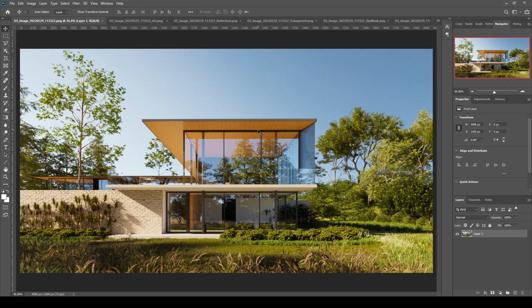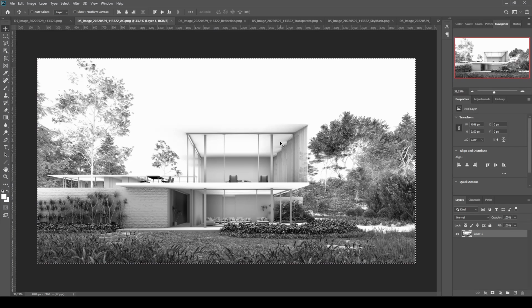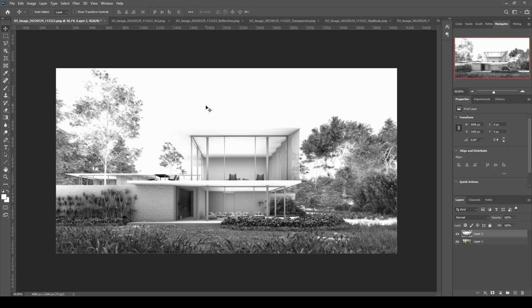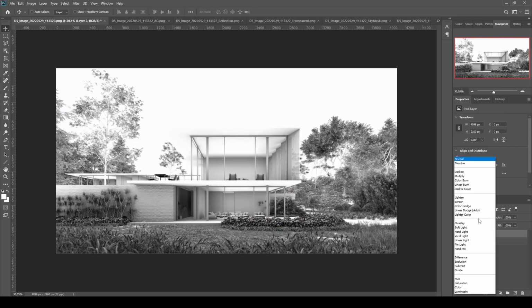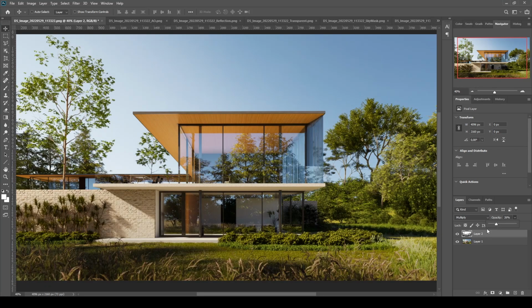Alright, let's get into the job. Let's start with ambient occlusion. Let's hit Ctrl+A, copy and paste it on the main layer of our render, and change it to multiply. It seems a bit strange, but if we change the opacity, we get some details, but our scene gets darker. We can fix this with two methods I'm going to show.